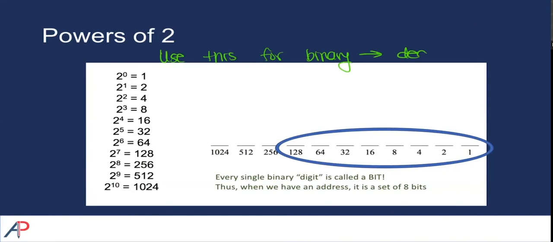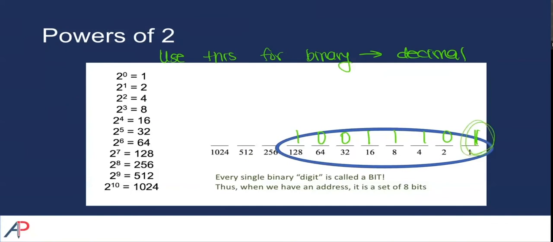Binary to decimal. We want to use powers of 2 to convert binary numbers to decimal numbers because we already know that this is a base 2 system, a base 2 system that we could take advantage of by using every single digit. So for example, if I have 10011101, just as a pure example,